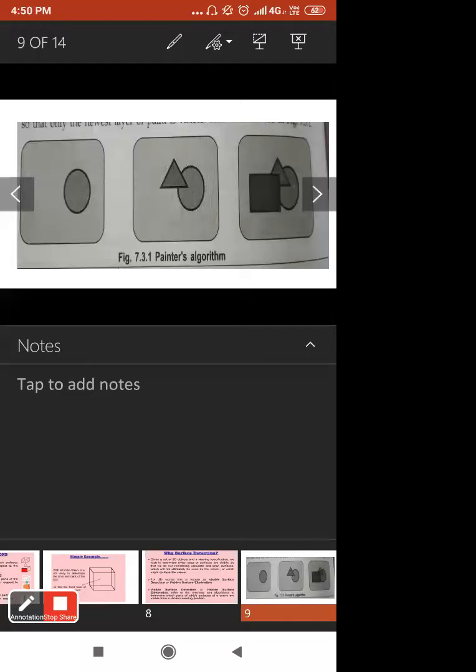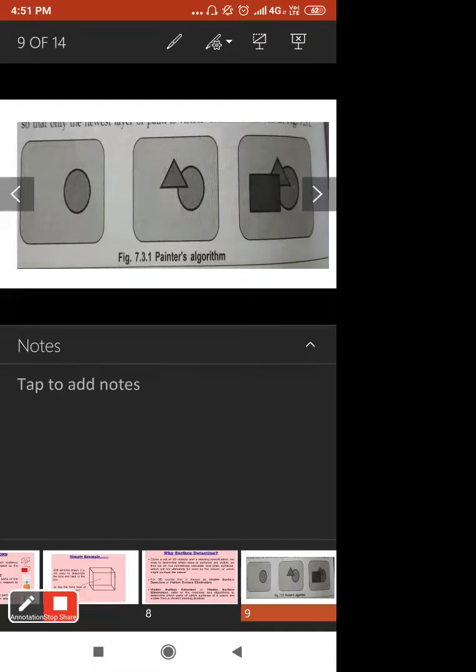When you have a number of objects, one over the other, first object, then after that the second object over the first object, and third, and so on, which one is particularly visible and which finally are we going to draw or display on our output screen? So that is the problem. And that's why this method is called a Painter's algorithm.